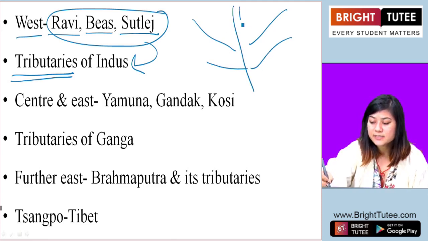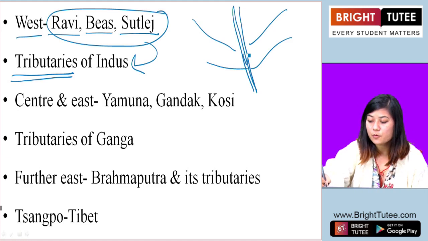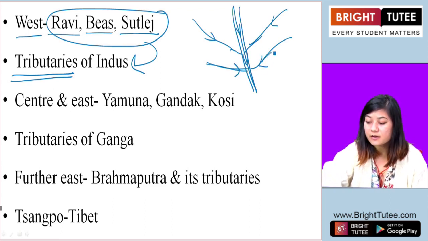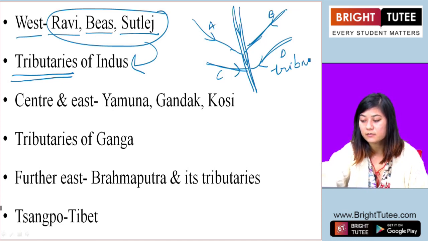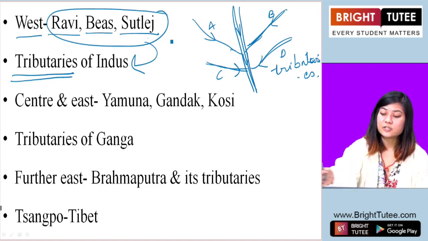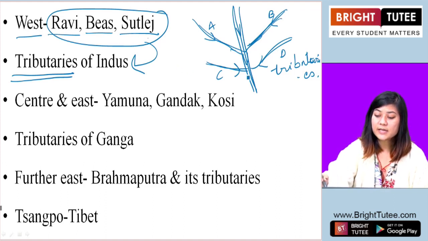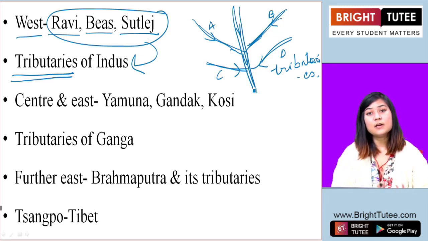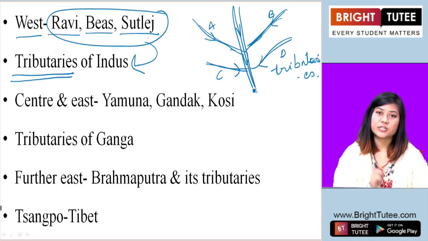Okay, so if this is the main river which flows in this direction, then the tributaries join and come together with the main river. So these A, B, C, D, they are all tributaries. Okay, so Ravi, Beas, Satluj are tributaries of the Indus River, and these tributaries form the western boundary of the